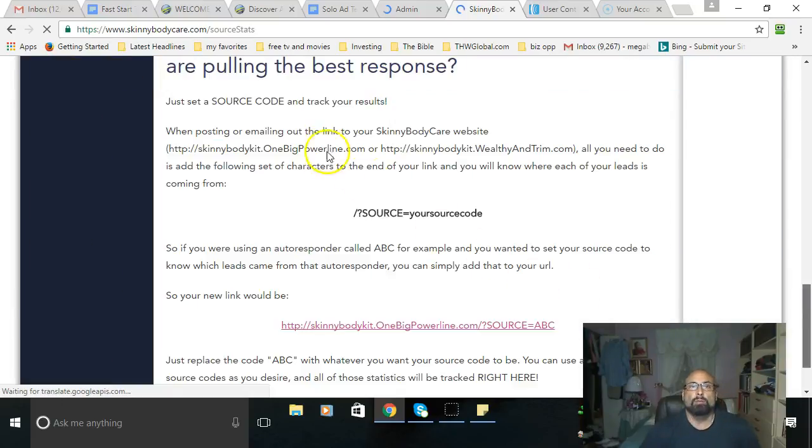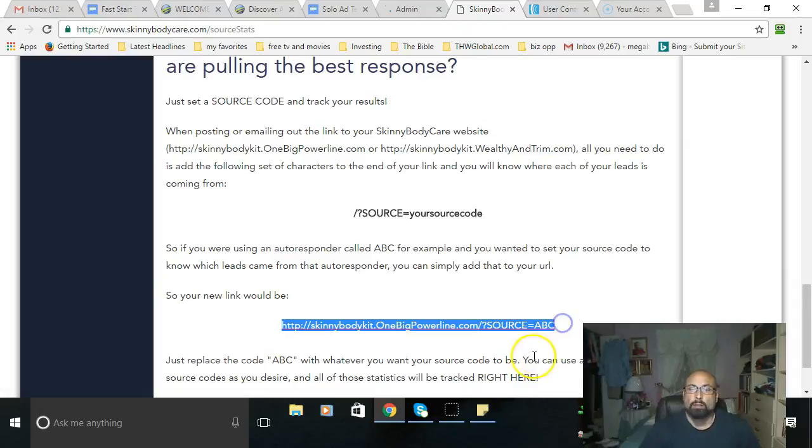Okay, now you're going to scroll down, and then over here where it says, so your new link would be this one here, okay? Anything that you give it right here after this equal sign where it says ABC, you're going to get rid of that ABC and put whatever identification that you need to identify what ad campaign you're running, okay? This is my username. Your username is going to appear on this URL link, okay? So you want to take that URL link and copy it,